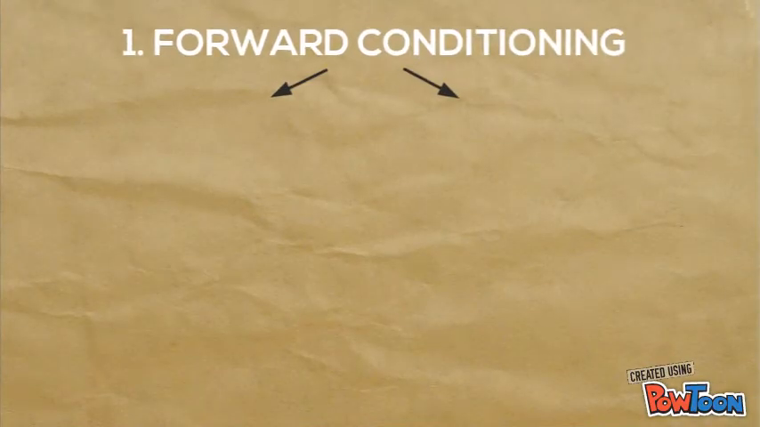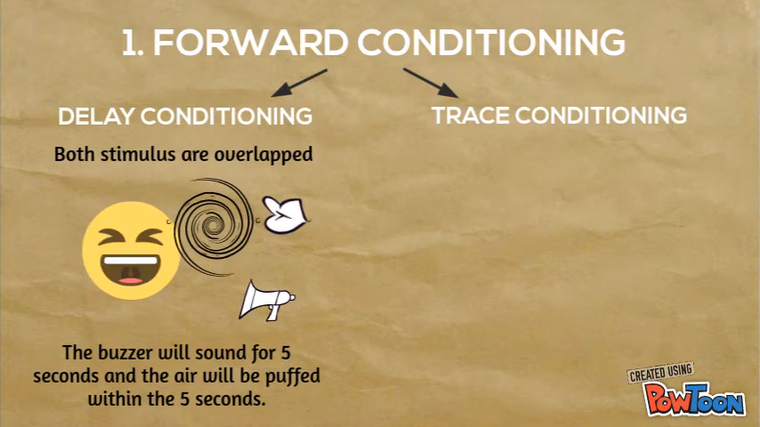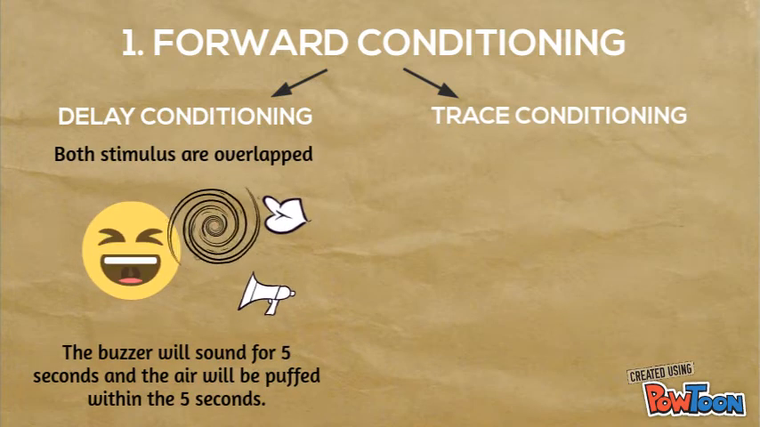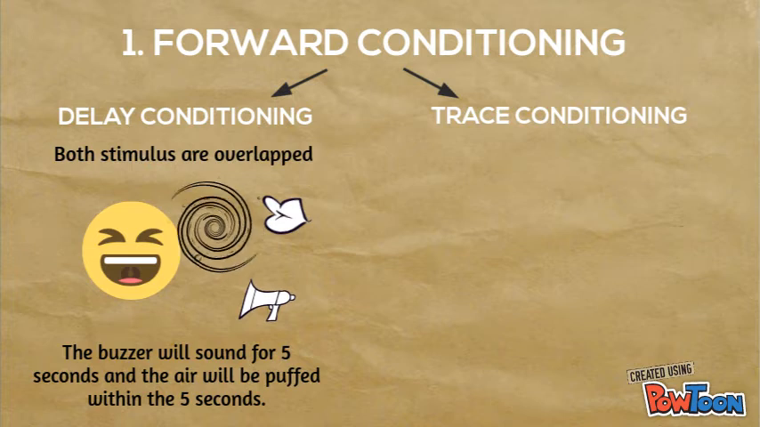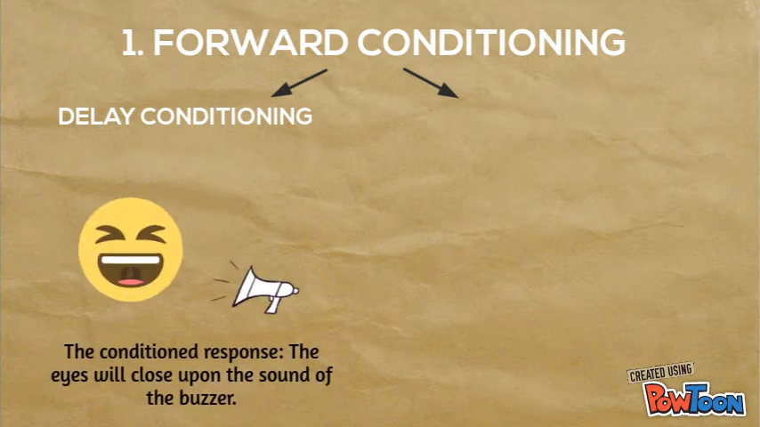There are 2 types of forward conditioning. The first one is delay conditioning, in which both stimulus are overlapped. The buzzer will sound for 5 seconds and the air will be puffed within the 5 seconds. The conditioned response: the eyes will close upon the sound of the buzzer even though there is no more air